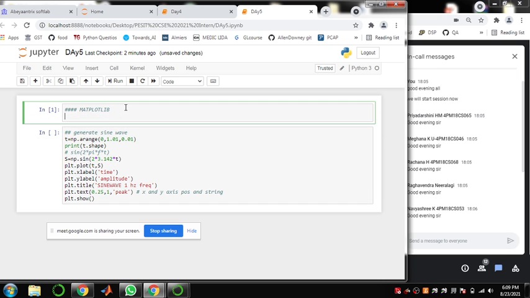Let me import that library. Import matplotlib.pyplot as plt.